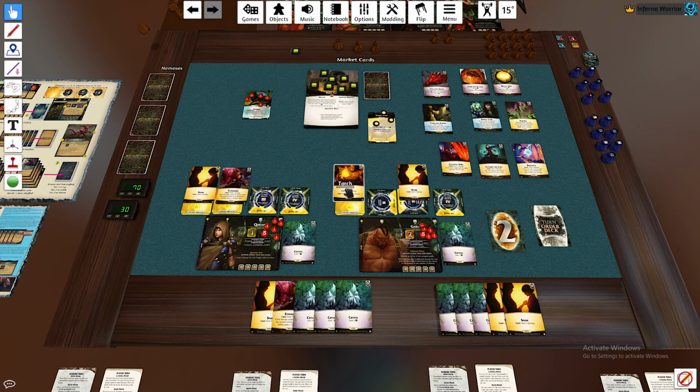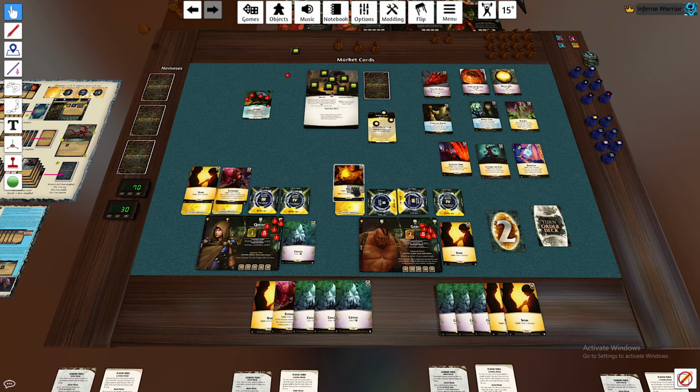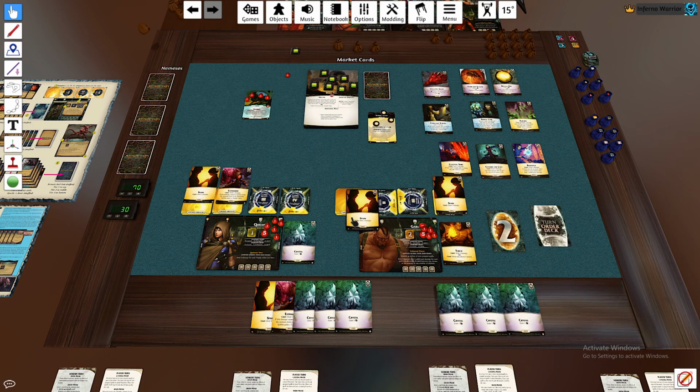Anyways, Gara goes first. I am going to use the Spark to attack for 1. This guy, these tokens up here. And then I could use Torch to deal damage, or I could use it to focus. I'm actually going to use Torch to focus here. So I'm going to focus this expensive one here, because if I focus this turn, I can use a spell on it. And then crystals. I have 3 crystals. I am going to grab...